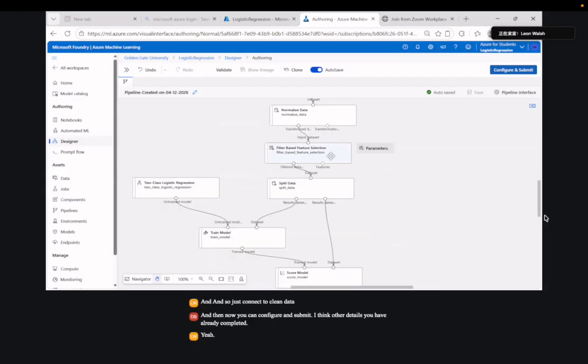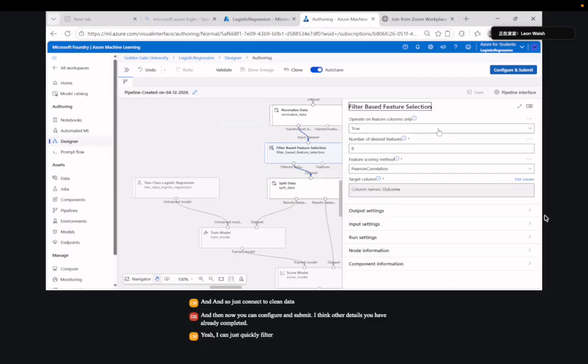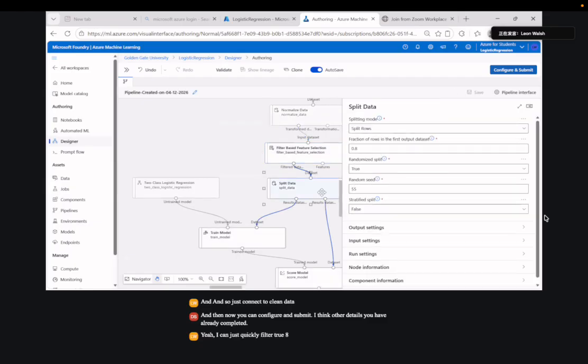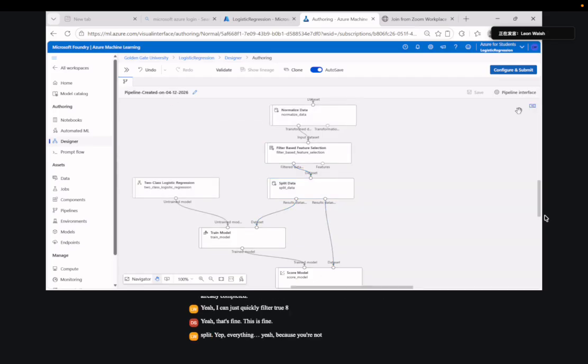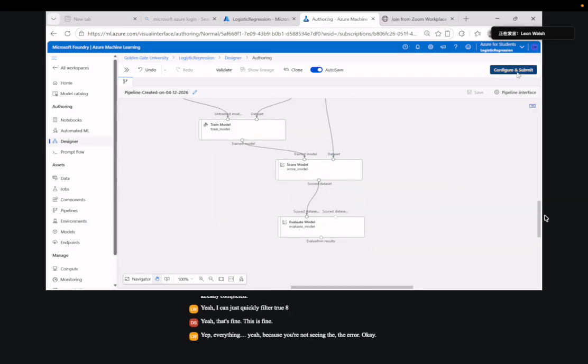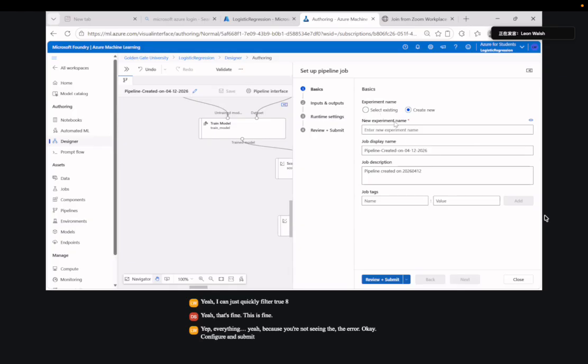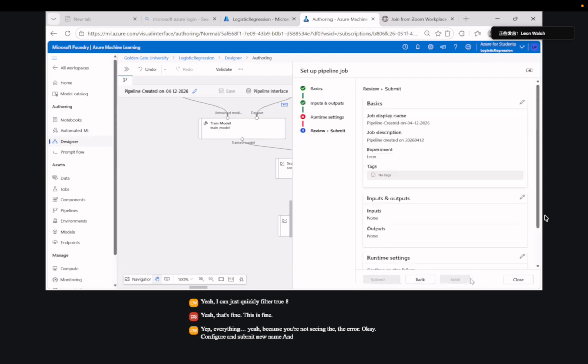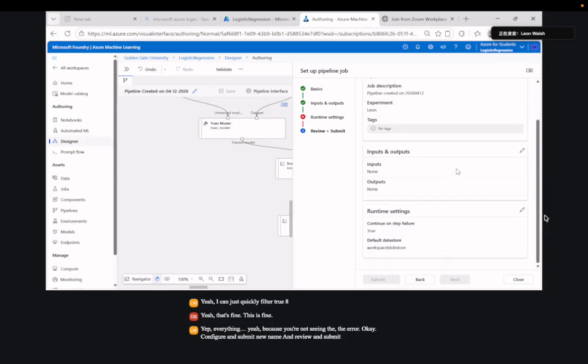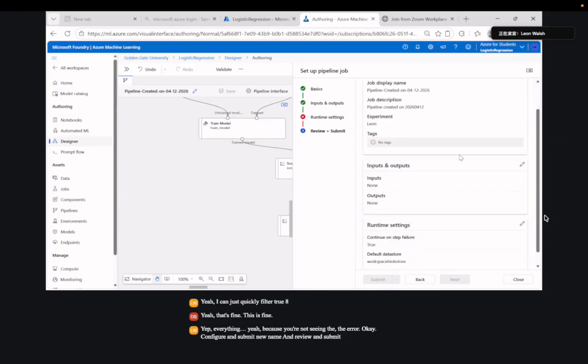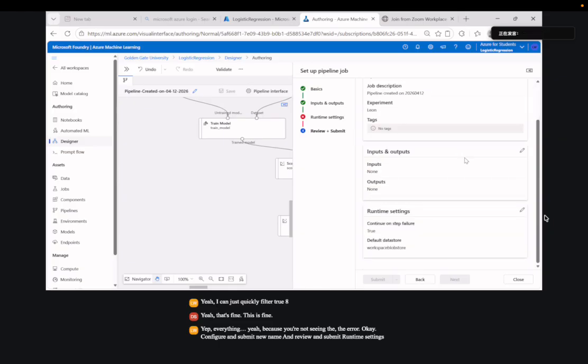Yeah, I can just quickly filter. Yeah, that's fine. Split. This is fine. Yep, everything, because you're not seeing the error. Configure and submit. New name. And review and submit. Runtime settings. Under runtime settings, you need to select the